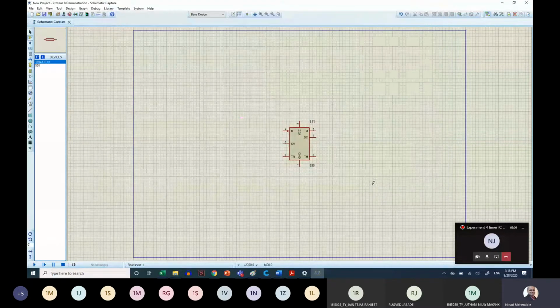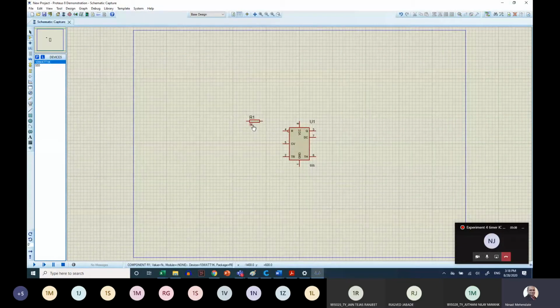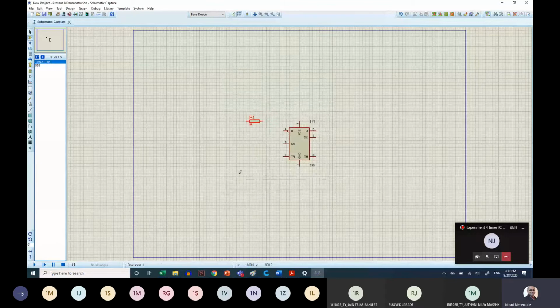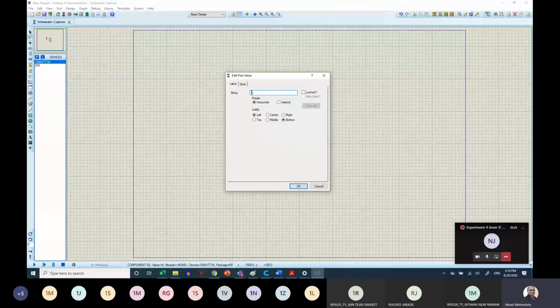Anyone you can choose, but I prefer this one. So I will just place a resistor. Now to change the value of this resistor, we need to double click on this 1K and make it 5. Again, to place one more resistor, just click one more time, and again you double click on this resistor to make it a 5K resistor.